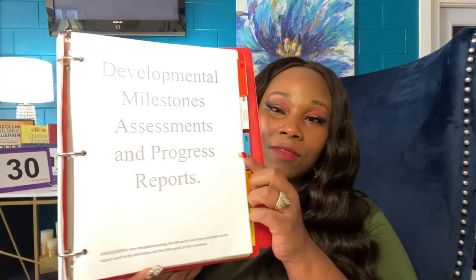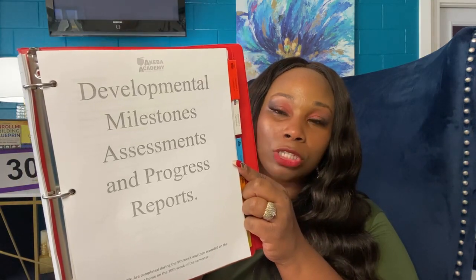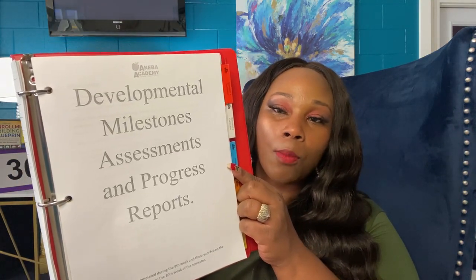And so that's why I put it inside their classroom manager, because it prepares them for the most important parts of the day. Then the next portion of their manager is the developmental milestones, assessments, and progress reports, because I teach my teachers learning domains, and I teach my teachers some of our learning standards, and these are expectations that I've set,